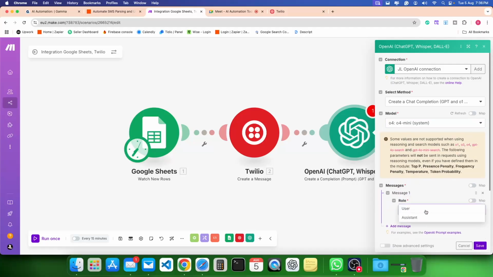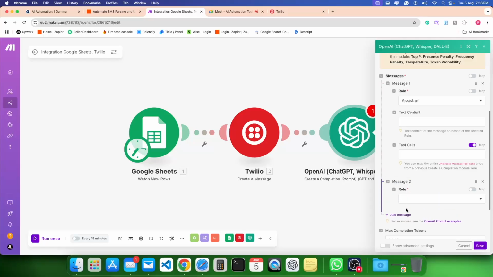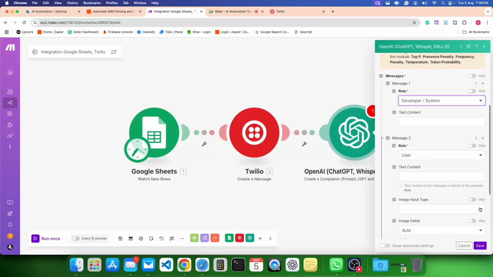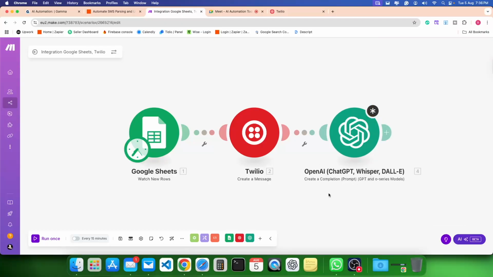You add your instruction. You add your instruction here, and then you send your user data. Basically, this is not a single. So this is how you integrate GPT. Now,